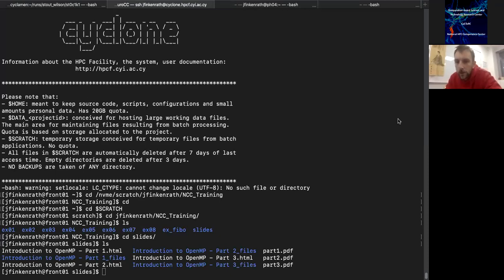Maybe raise a hand if you're not able to log into the cluster. Jacob, yes. Where would you like us to be on the cluster, in which folder? At the moment, I just want you to be able to log in. What you can do is copy from time to time from this exercises folder to your local home directory, and then we can do the exercises locally. Okay, so you just want us to be at the NCC_training directory, or do you want us to move towards the slides directory? No, I just wanted to show you that you can